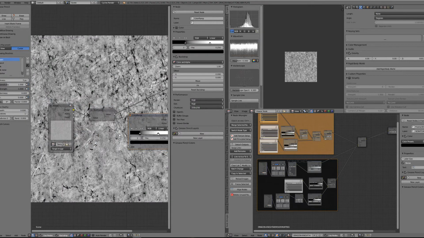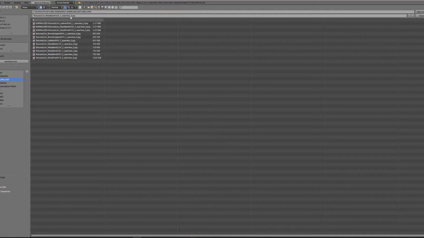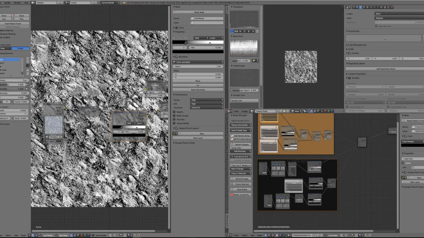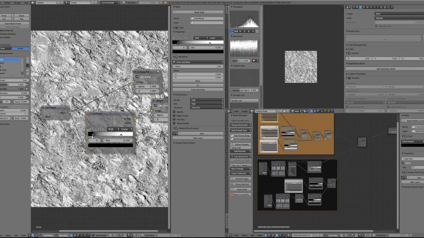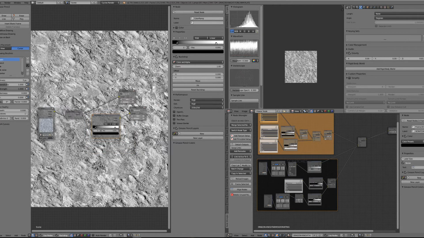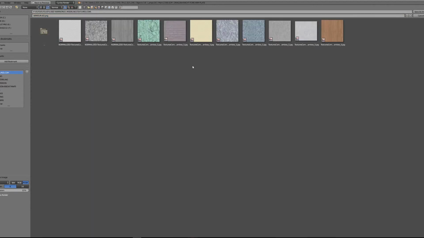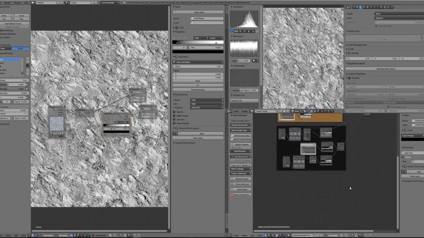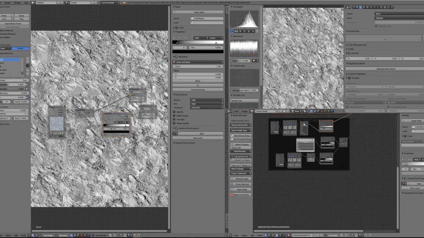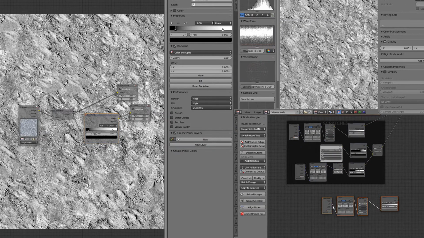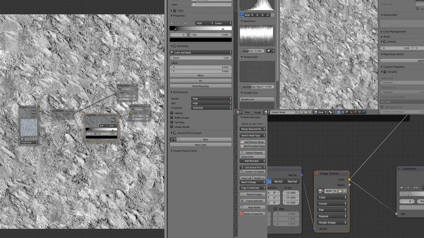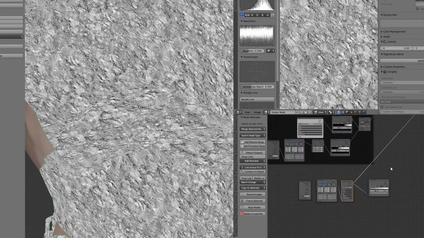In the node editor, I will repeat the process to create and normalize a new scratch map. So I will load this reference, lower a bit the contrast, then go into the viewer node and save this as a normalized map. I can then get back to editing my material, so I will select the upper texture setup, press Alt P to separate them from the frame and load this newly created map. I will Ctrl Shift click to see how it looks